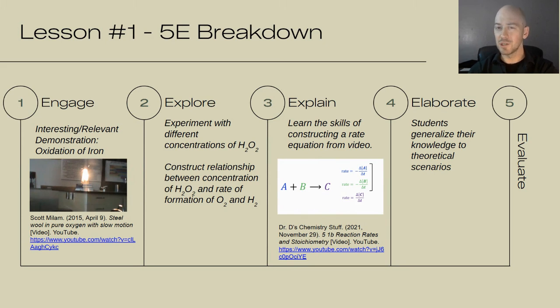It's also very slow, relatively speaking. But next, you put a piece of steel wool in an Erlenmeyer flask filled with oxygen, which you could get. They sell it pretty readily at, say, a hardware store, or if you have canned oxygen, or you could also use a reaction to generate it, such as the decomposition of hydrogen peroxide, which is what the students are about to do. And then you light it again, and that steel wool is much, much more quickly oxidized in